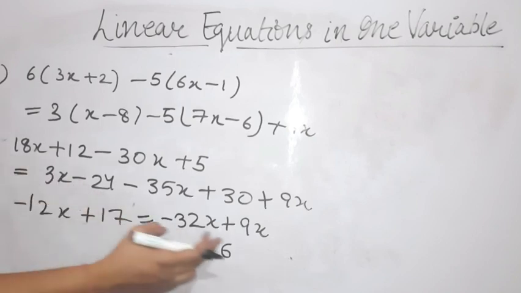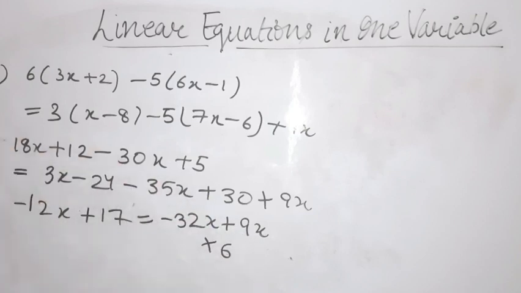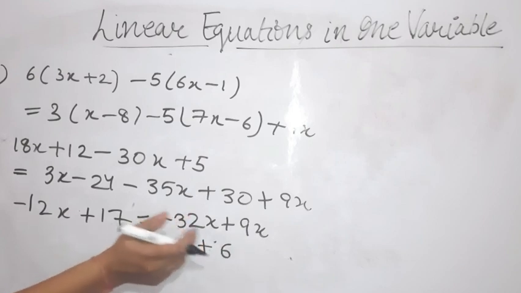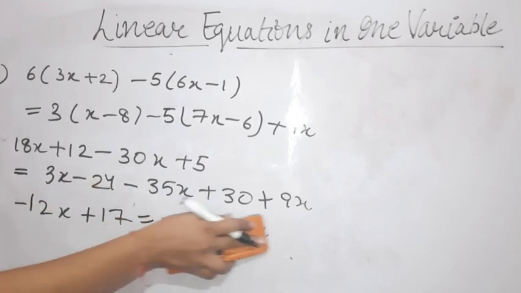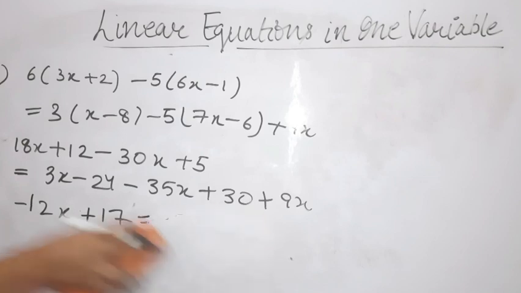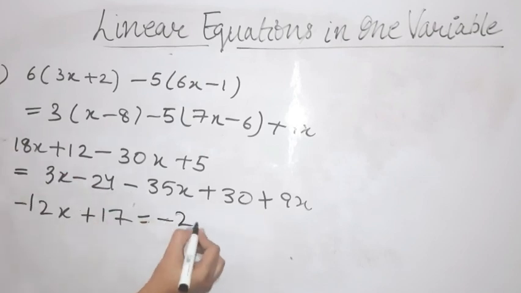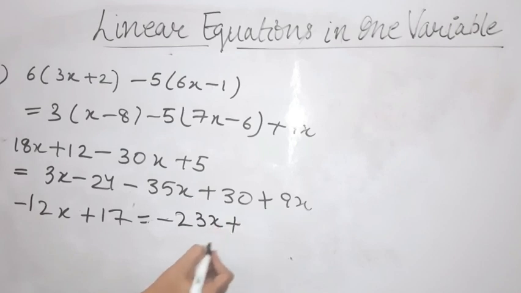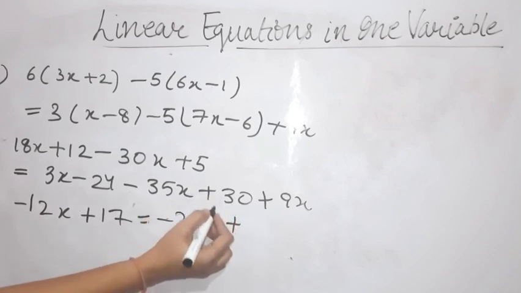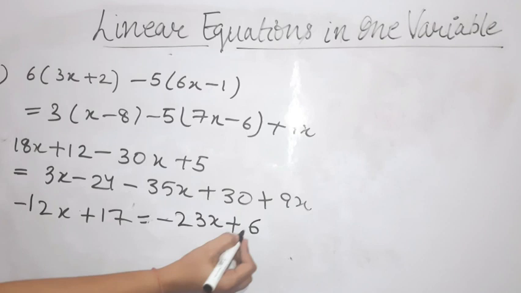Now again we have to solve this portion, minus 32 plus 9. Once we subtract 9 from 32, what are we going to obtain? Minus 23x will be remaining. This appears to be a sign of multiplication, but it is plus 6. So 32 minus 9 is minus 23. So I am writing directly minus 23x plus, sorry, not 9, 6 was remaining here, plus 6.